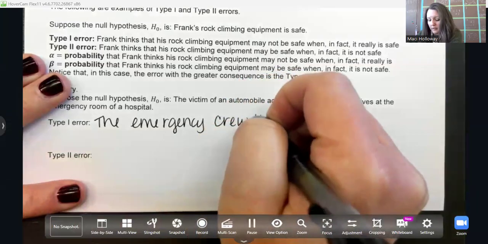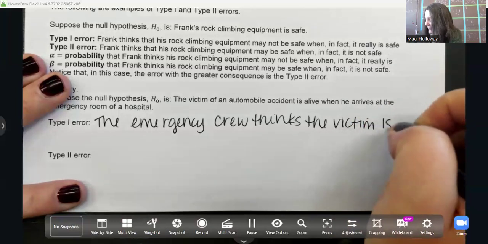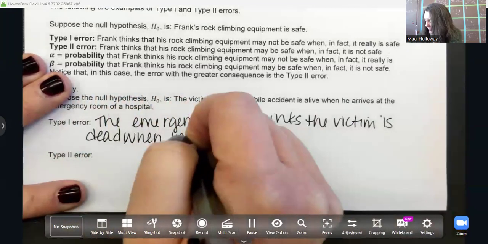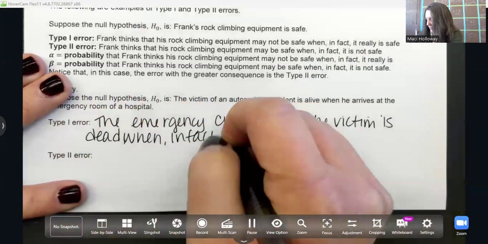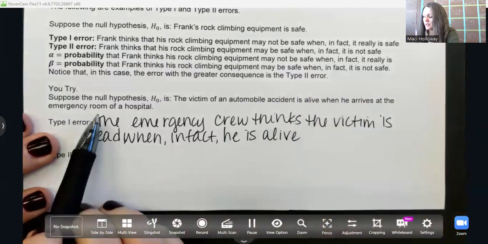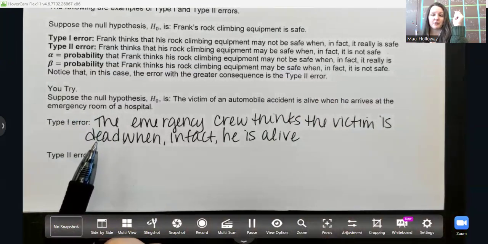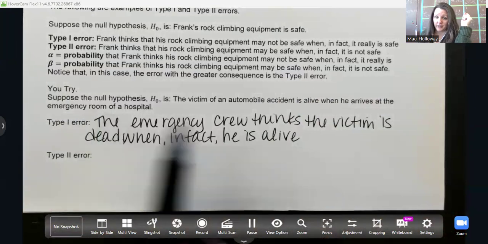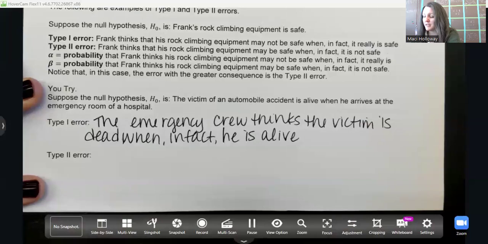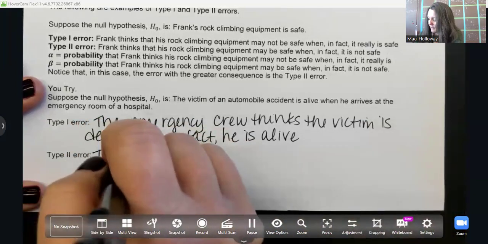Crew thinks the victim is dead when, in fact, he is alive. So the victim is alive when he arrives at the emergency room of the hospital. So a false positive would be that the emergency crew thinks he is dead when in fact he is alive, when the null hypothesis is true, right? But we should have accepted it, but we did not. We rejected it. All right, the type 2 error is the emergency